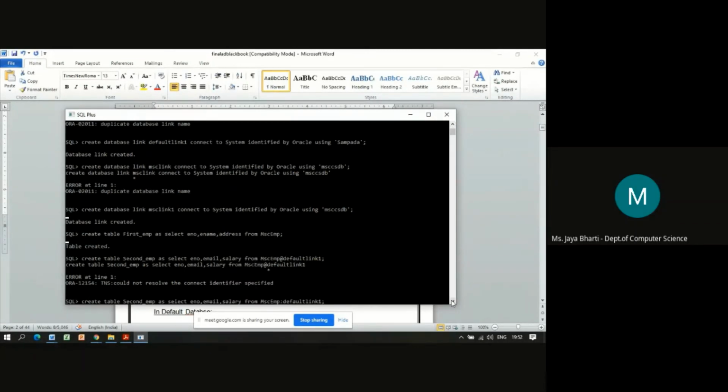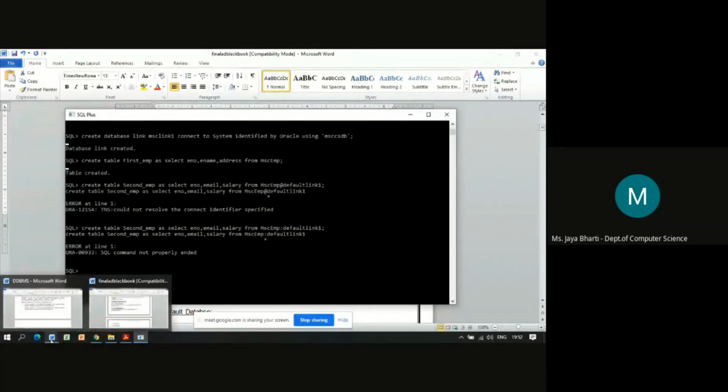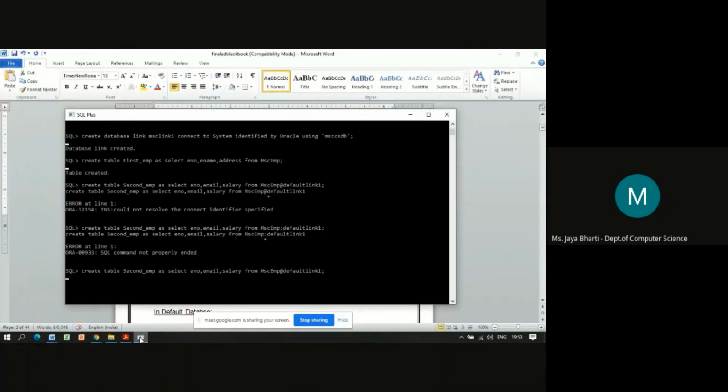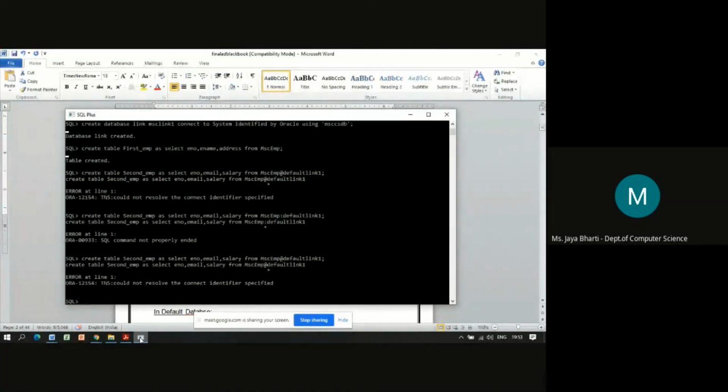Default link 1 is proper. Okay, it is still showing me the same thing.